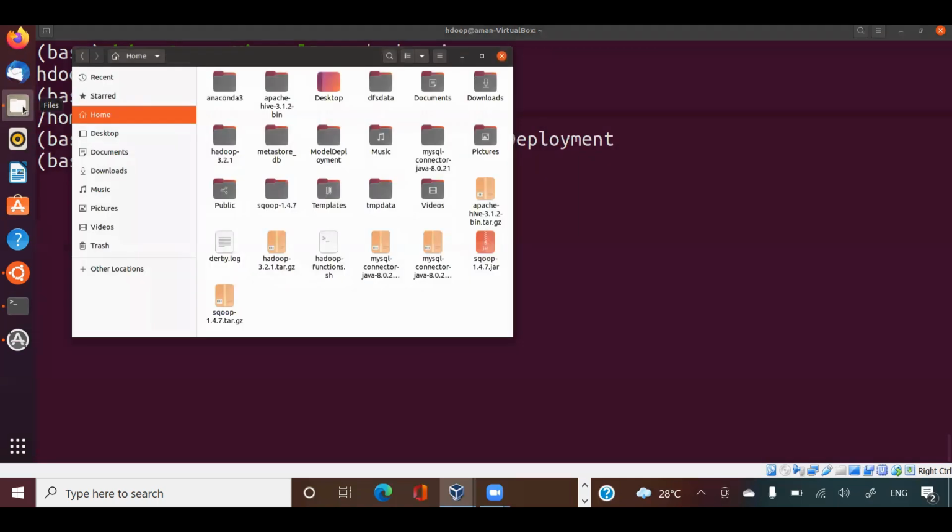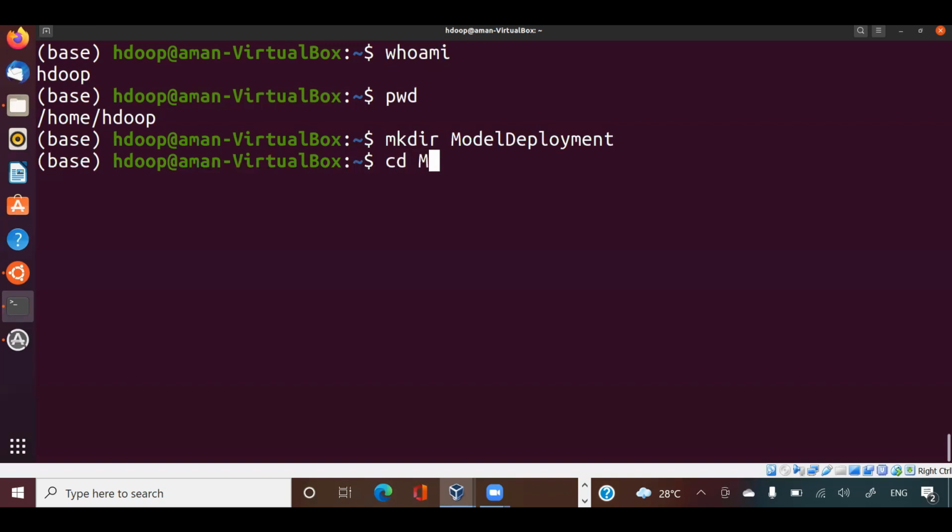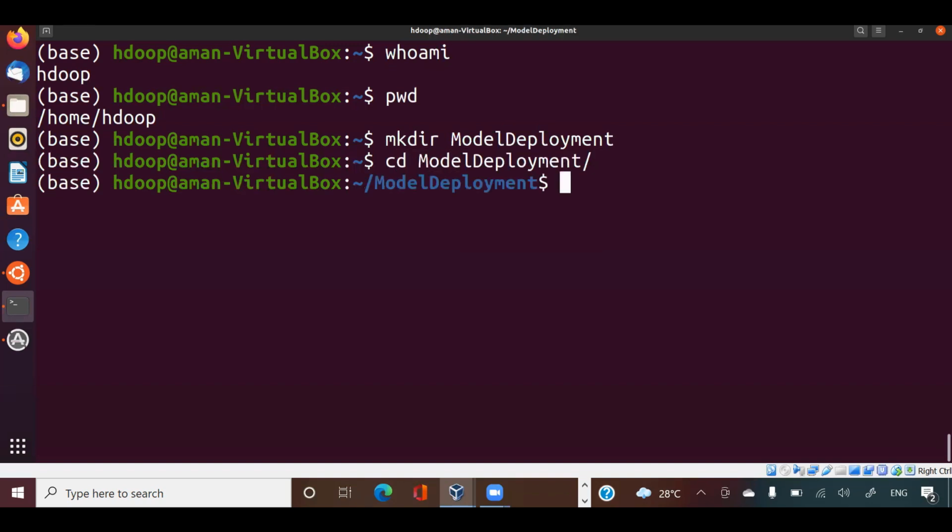If you come here, you will see a folder model_deployment. There is nothing inside this folder now. What next? I will go inside this folder, guys, and create my directory structure. What is the first folder I want here? I want a folder where I will keep my scripts. For example, my Python training script, my Python prediction script. If there is any data pre-processing file in the pipeline, any function file, any deployment file, any Python scripts that I want to put here, I will put here. The name of the folder I want is scripts.